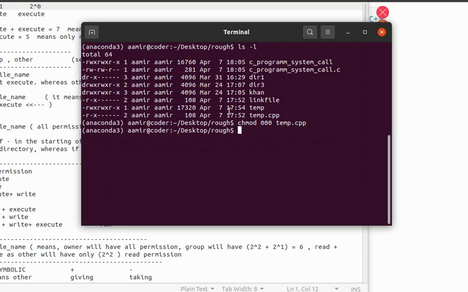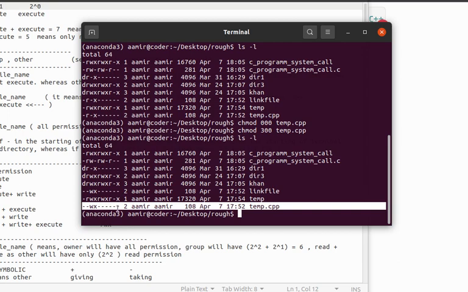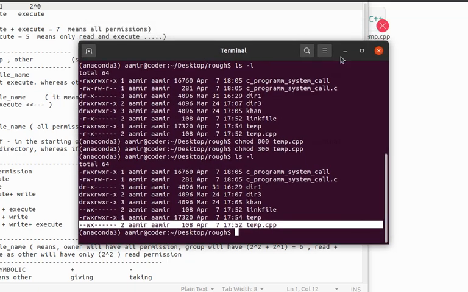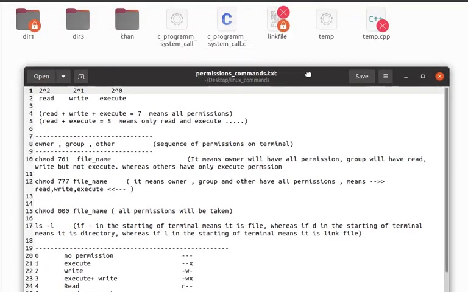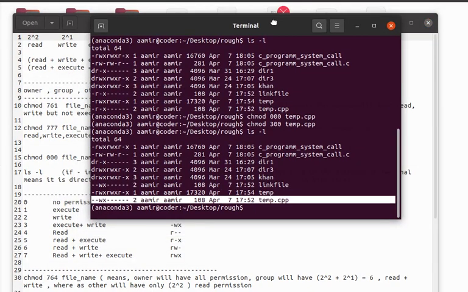So it means 3, so 300. chmod 300 temp.cpp, and again we can check this, and here you can see the write and execute permission are given to temp.cpp without giving the permission of read. So here you can see how this execution command works, and now let's move further.